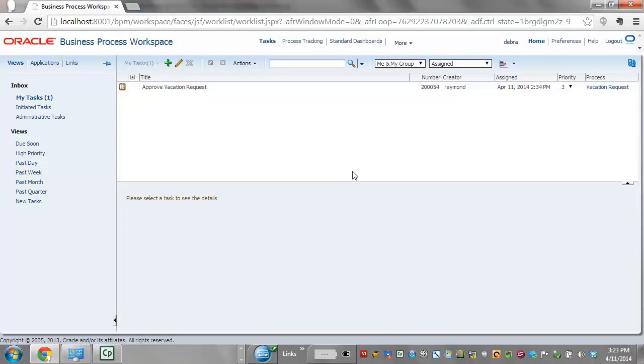Or is there a way to get this task reassigned from Deborah to some other manager? Actually, there is a way. There are two roles that we'll talk about. The first one is a process owner role. Every BPM process has its own process owner role, and this role has close to administration privileges just for that